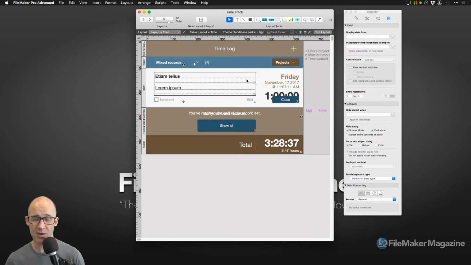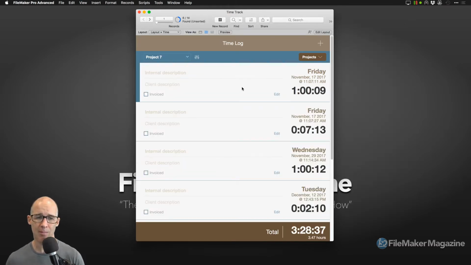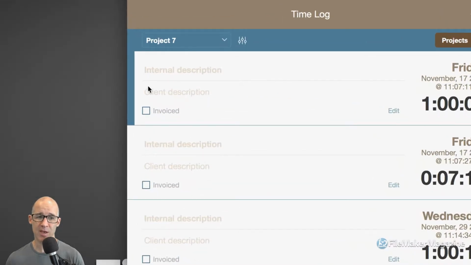Now let's head back into browse mode with a quick Command or Control B. Now when I hit the tab key here, what you're going to see is that I'm going between these two fields. The tab order works on the record. You don't tab to another record. You're always staying within the same record,